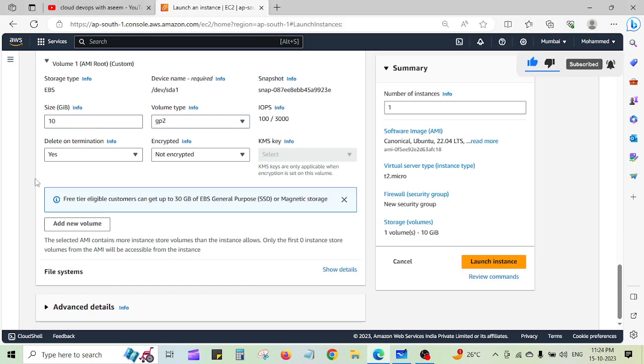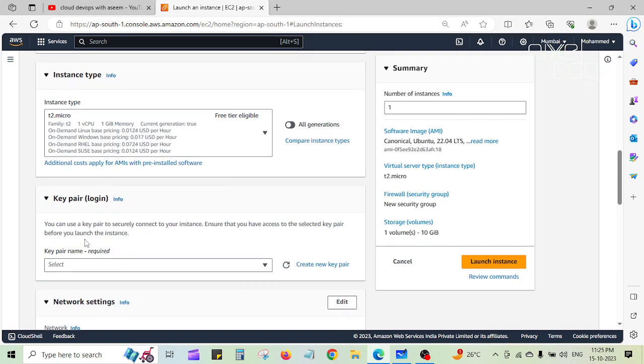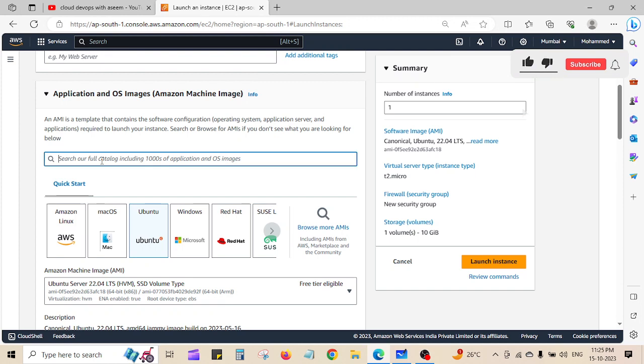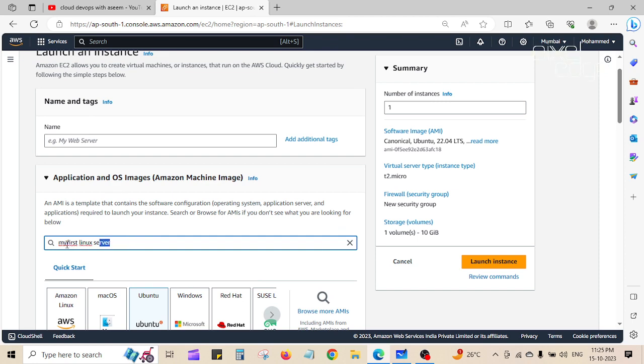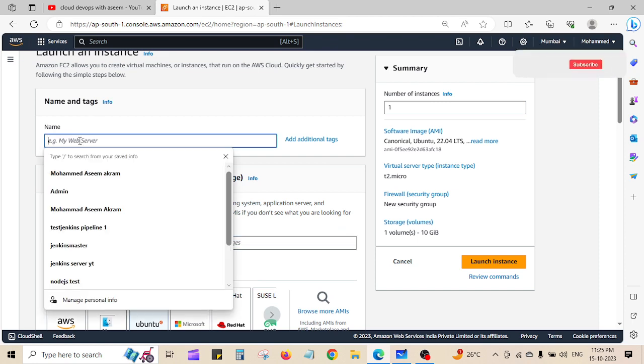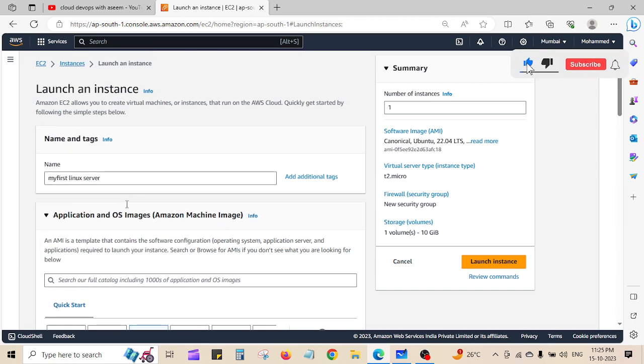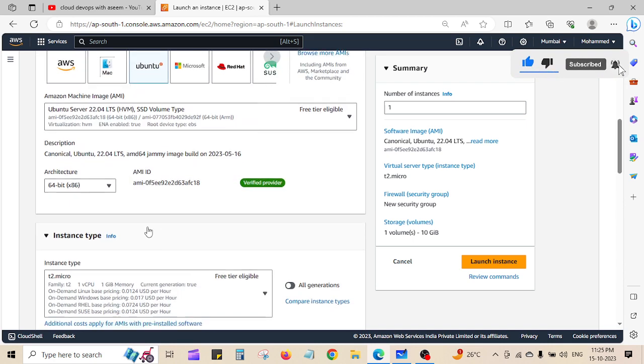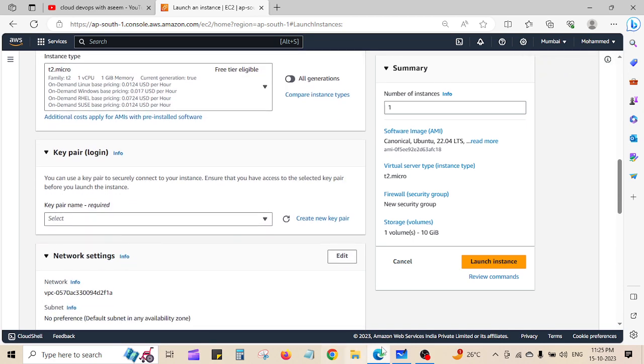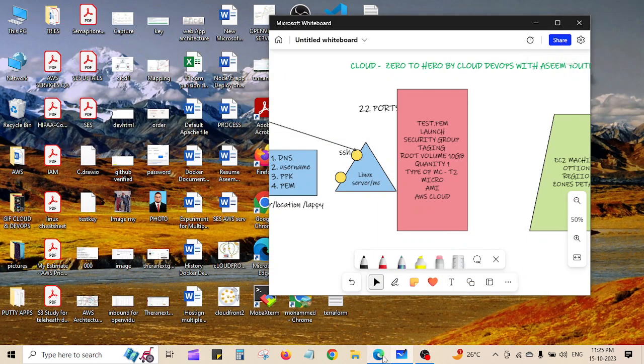So we'll be providing tagging. I'll be providing one tag, like my first Linux server. I have to mention it here. Okay, so this is done. We have selected Ubuntu, we have provided T2 micro. The next step is